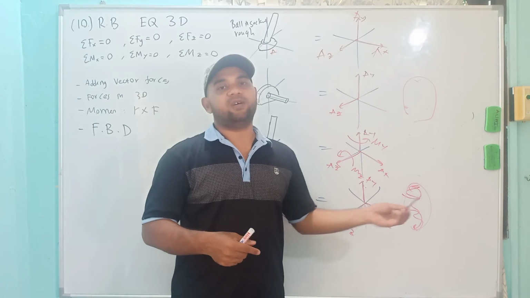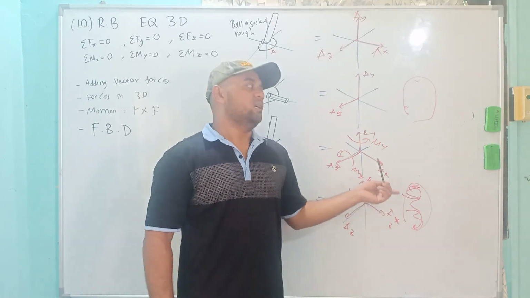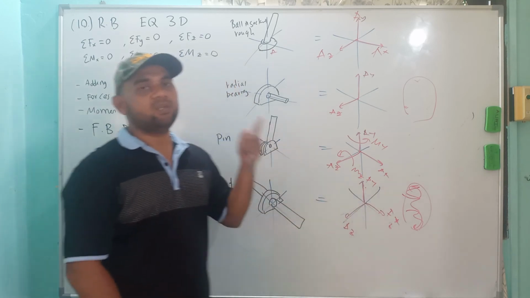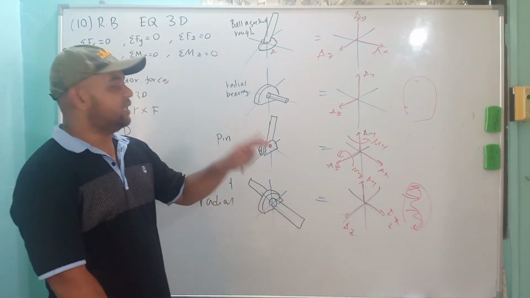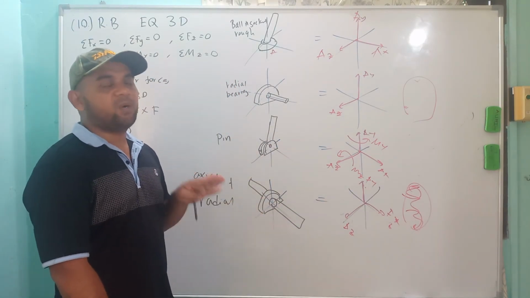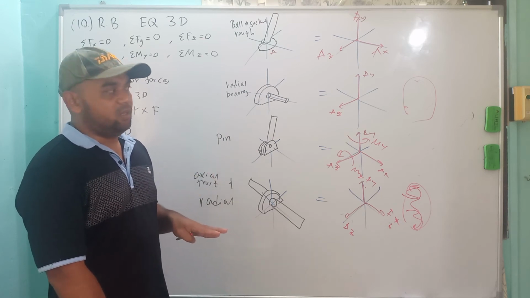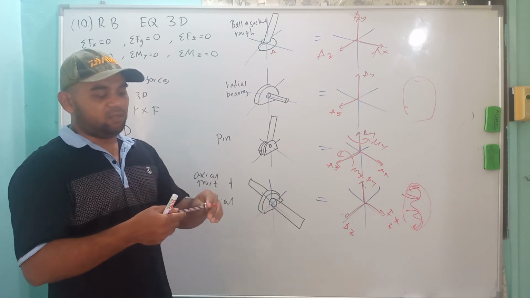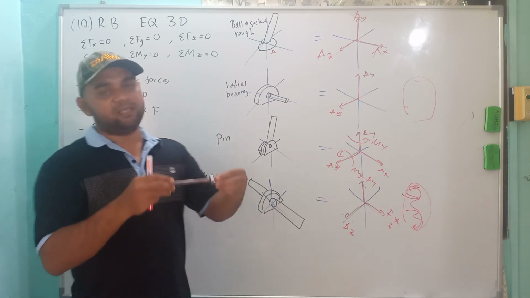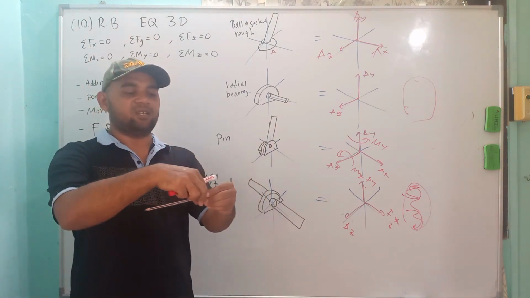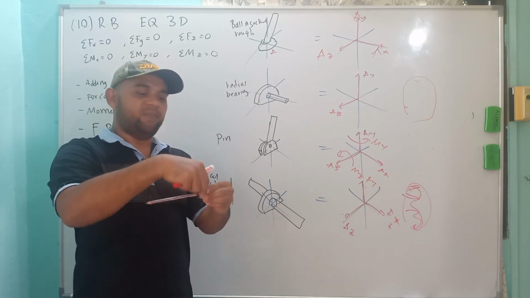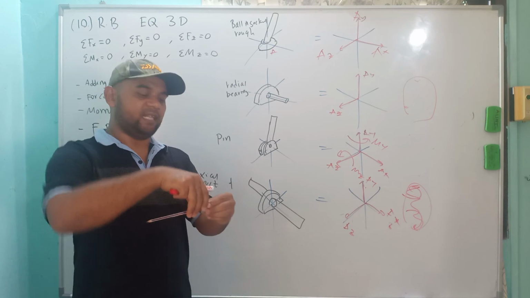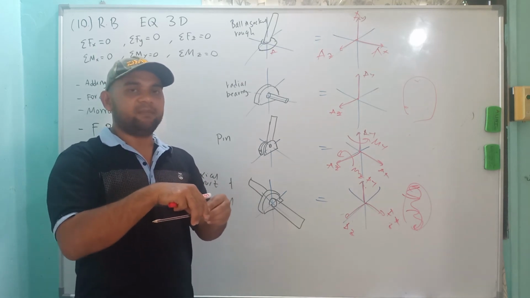For the exam, the question will indicate to you. But in real life, you have to study yourself to see whether the bearing will have moment or not. You have to identify it based on your design. Maybe these two parts are wholly fixed, and the component that holds the bearing is designed so that either it can turn or not. If it can turn, yes, it will have some moment.